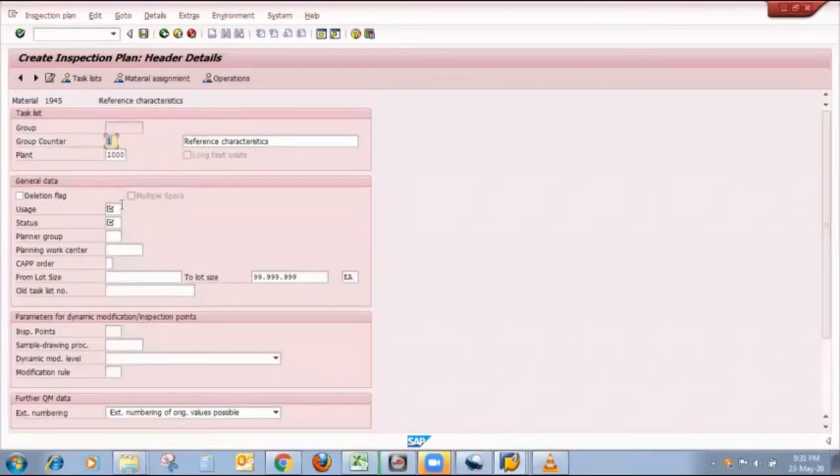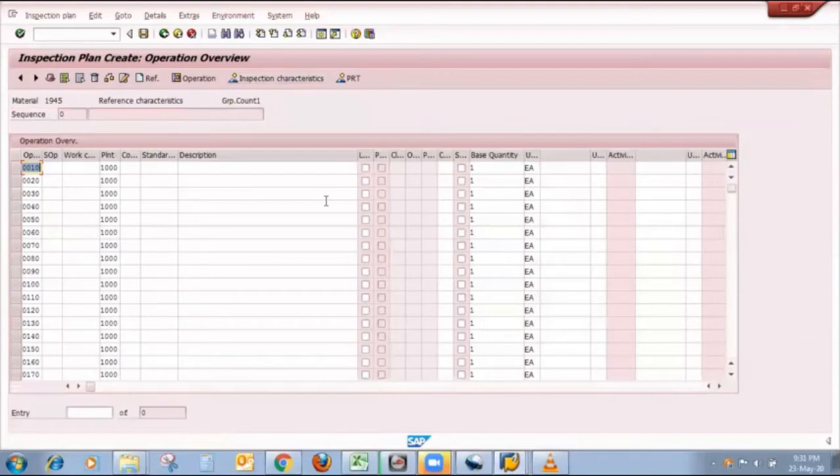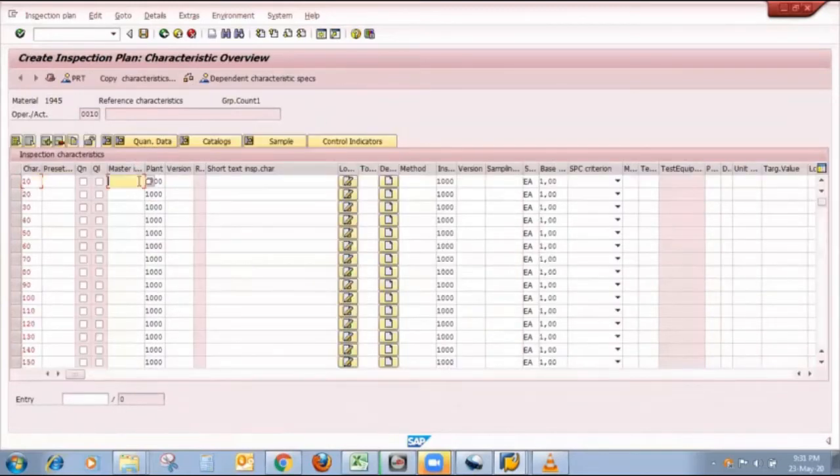I maintain usage as 5, status as 4. I click on operation. Here I put my control key QM01. Here I put the indicator. For the MIC, as you know, I maintain gauge here and sampling procedure sample 1.